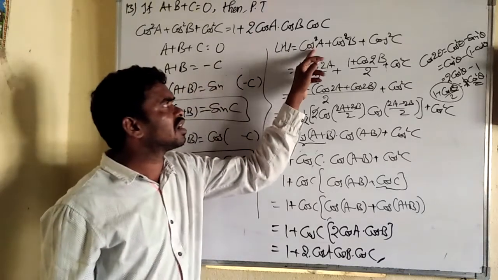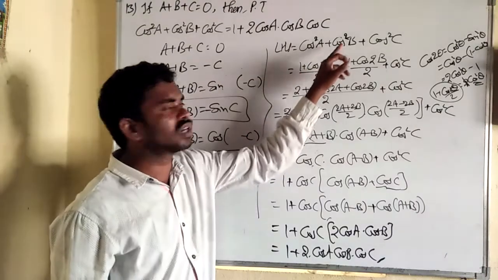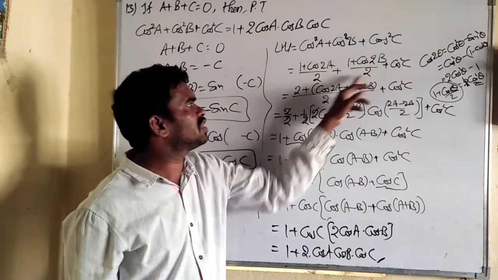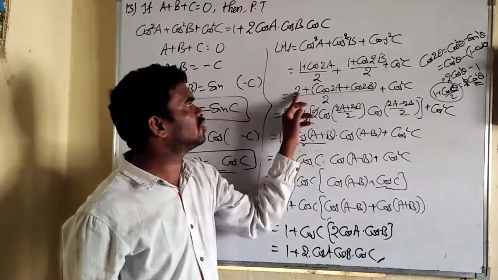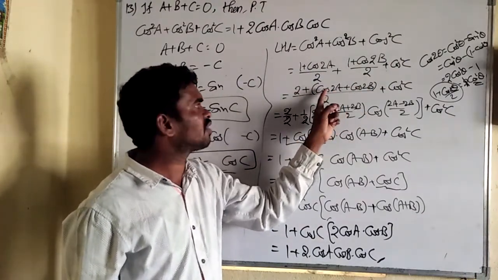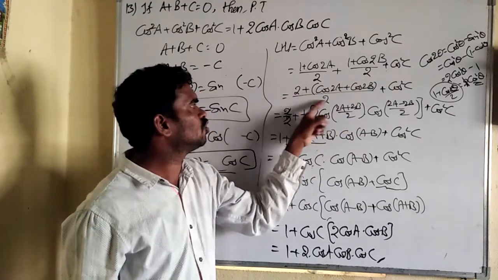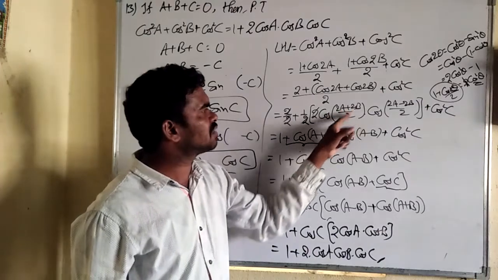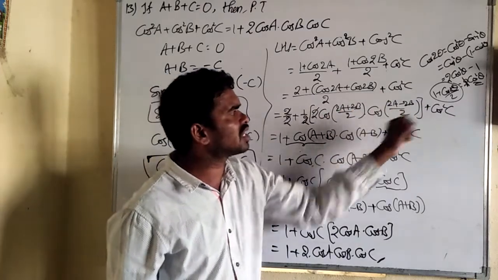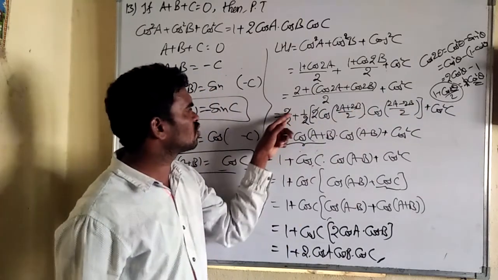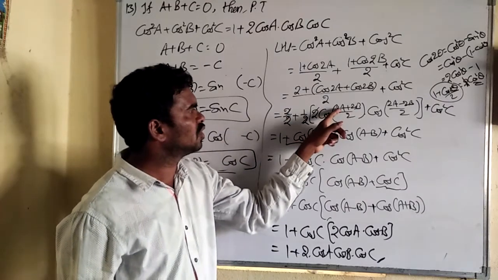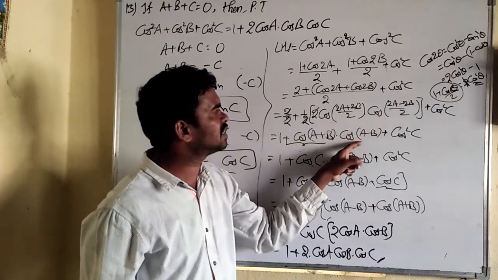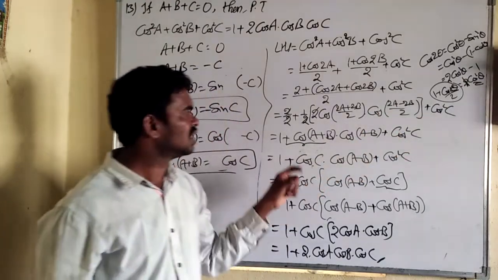Take the left hand term. Cos square a means 1 plus cos 2a by 2. Cos square b means 1 plus cos 2b by 2. Cos square c as it is. In both, 2 is the denominator. 1 plus 1, 2, cos 2a plus cos 2b, in the form of cos c plus cos d. 2 by 2 as it is, plus 1 by 2 write down. So 2 cos of c plus d by 2 cos of c minus d by 2, plus 2 cos square c as it is. 2 gets cancelled. 1 plus, what is the remaining? Take 2 common, so cos of a plus b is remaining, cos of a minus b is remaining, plus cos square c as it is.